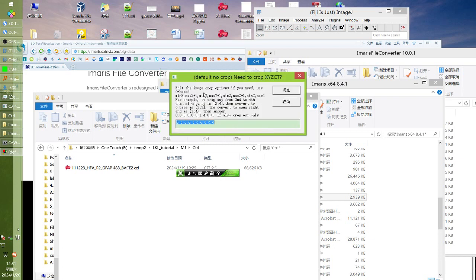We can see that crop means we can crop X, crop Y, crop Z, crop C, and crop T. The default is 0, so it will not be cropped and everything will be exported. The most frequently used is the channel, because we want to crop the channel. So this 2 is X, this 2 is Y, this 2 is Z, this 2 is C, the channel, and this 2 is T, the time lapse.